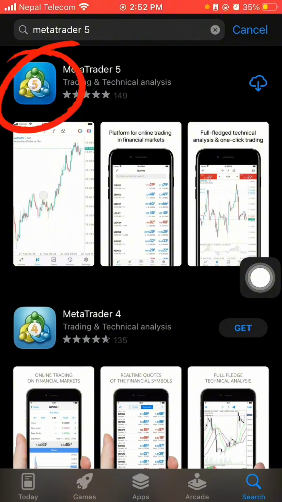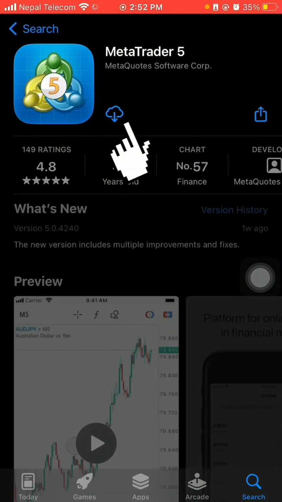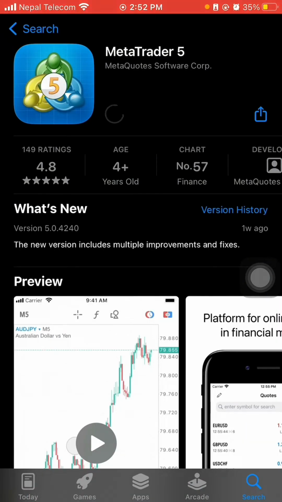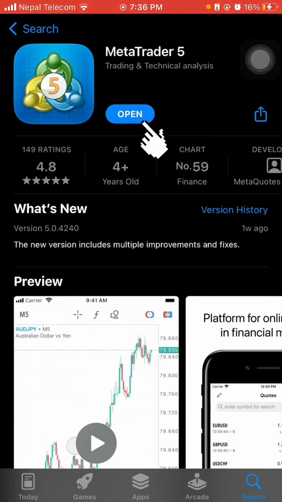Once you find the app named MetaTrader 5 Trading and Technical Analysis, just click it and hit the download button. It might take a while to download, so have patience. Once the download process is complete, just open the app